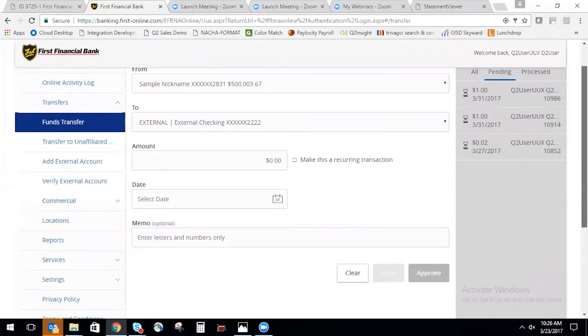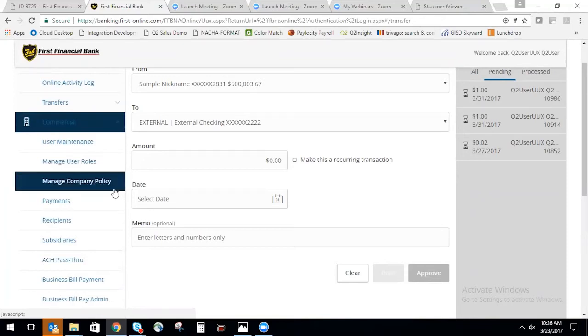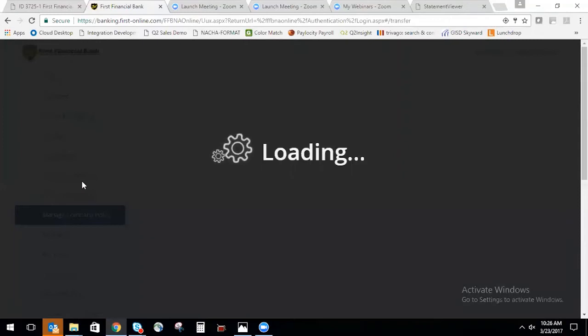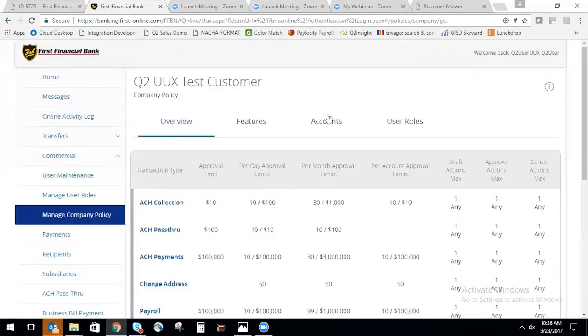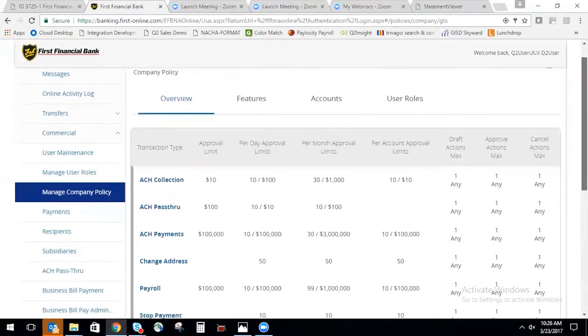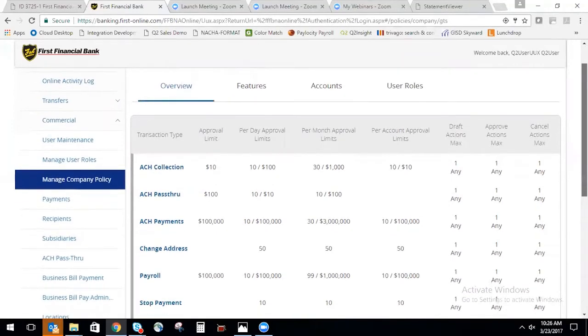So next we're going to go into our commercial, and we're going to start talking about user management. So the first thing I want to do is click on Company Policy. This gives you an opportunity to set additional limitations for all the transaction types within online banking across the board for your company. And in order to do this, you can click on one of